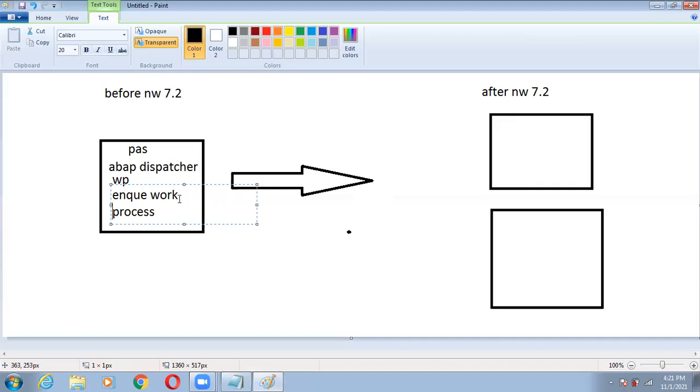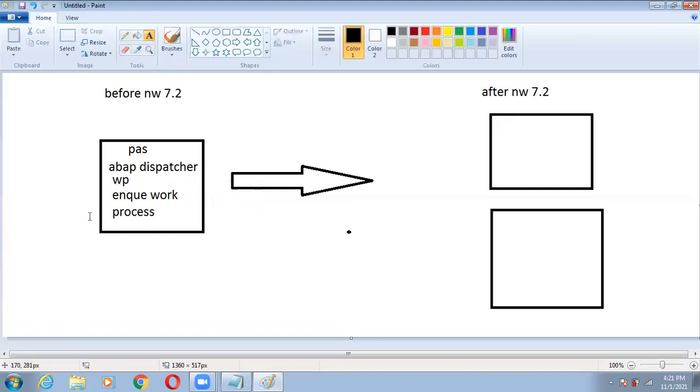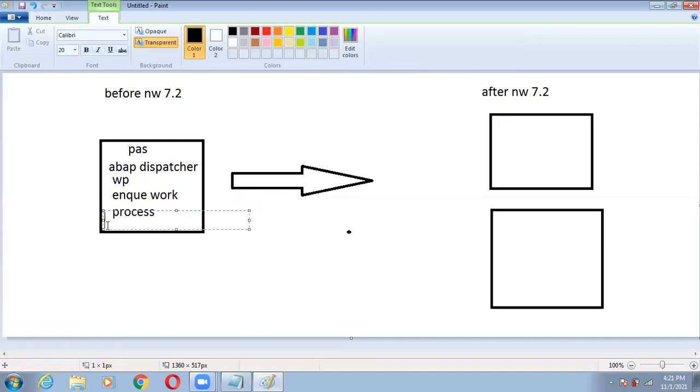Then we have gateway. After that we have ICM, Internet Communication Manager. Then we have IGS.